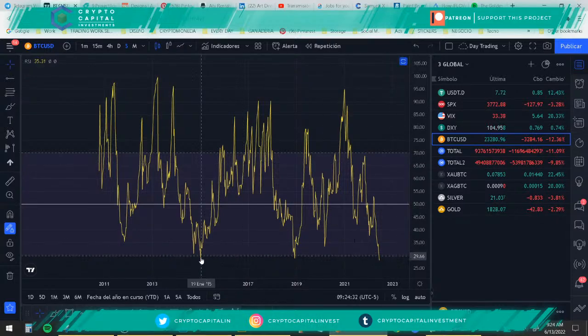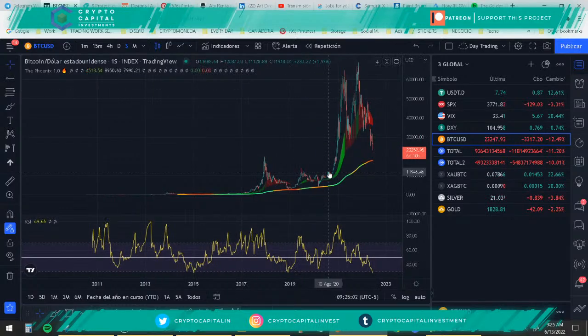Okay, so yes, this is the third time in history. 2015 was the first tip, December 2015 was the bottom. Then we had it in December 2018, and remember, at this time there was no USDT. Then December 2018, and finally, but not least, June 2022. Now, that's my second point.